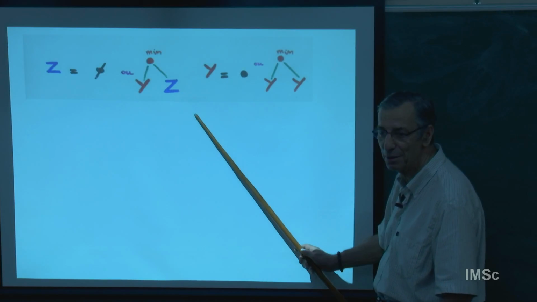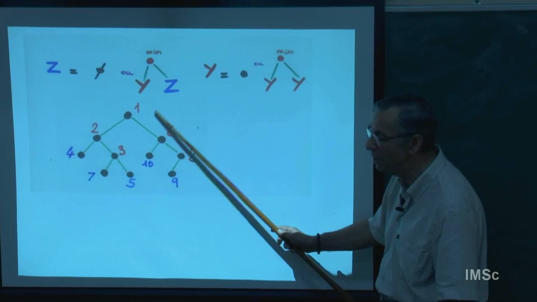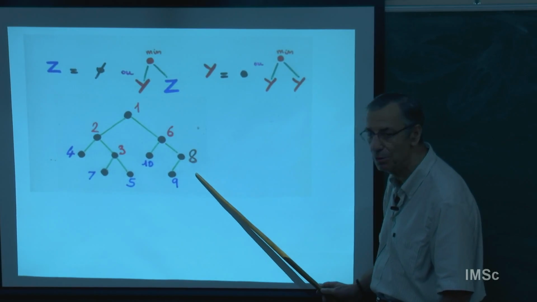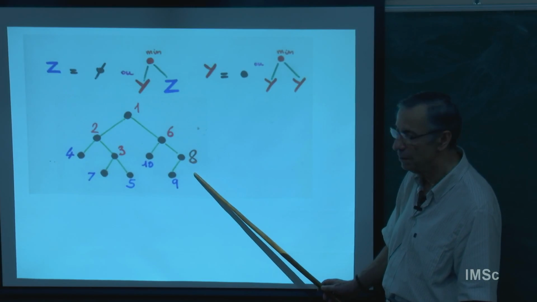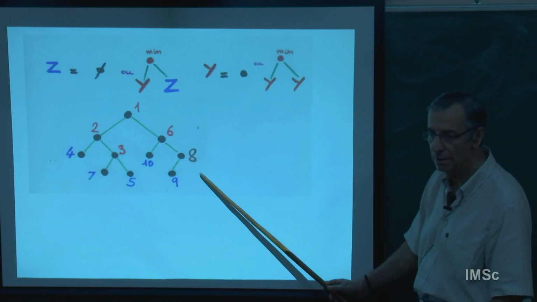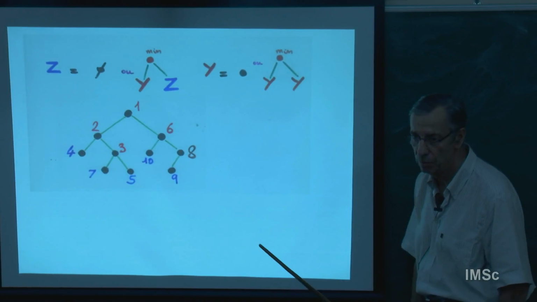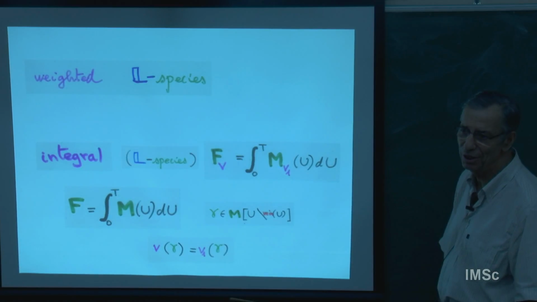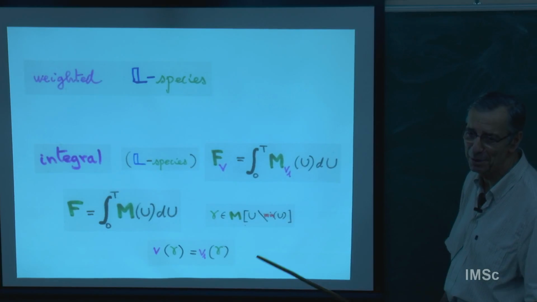But if you repeat this construction, say I have z, then on the left of z I will have a y. So if you continue, your z is propagating, and it's only here that we will stop with the empty set. So it's exactly as before, but there is just one vertex missing in this position here. So you can do the weight on integral L species. There is no problem for the weight of L species as before.